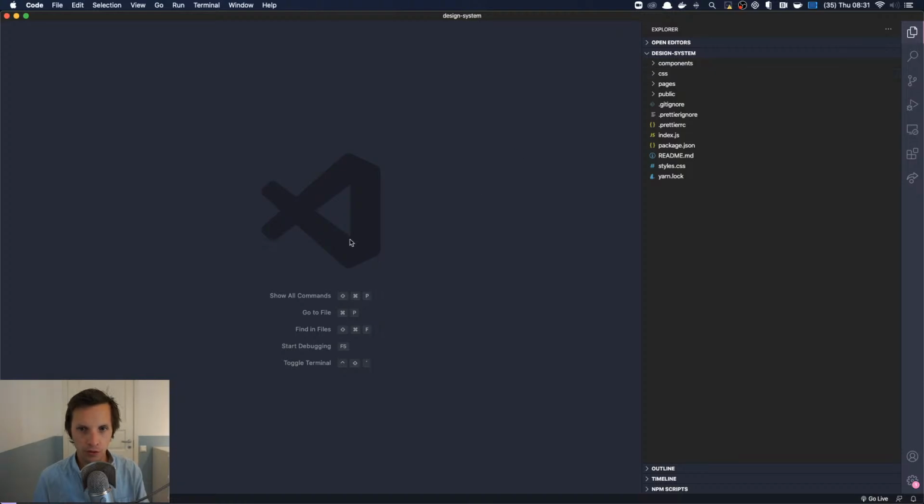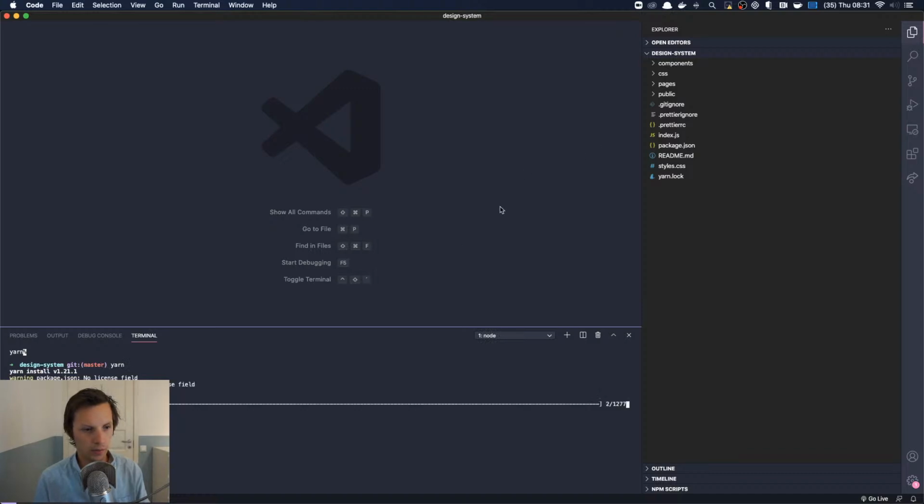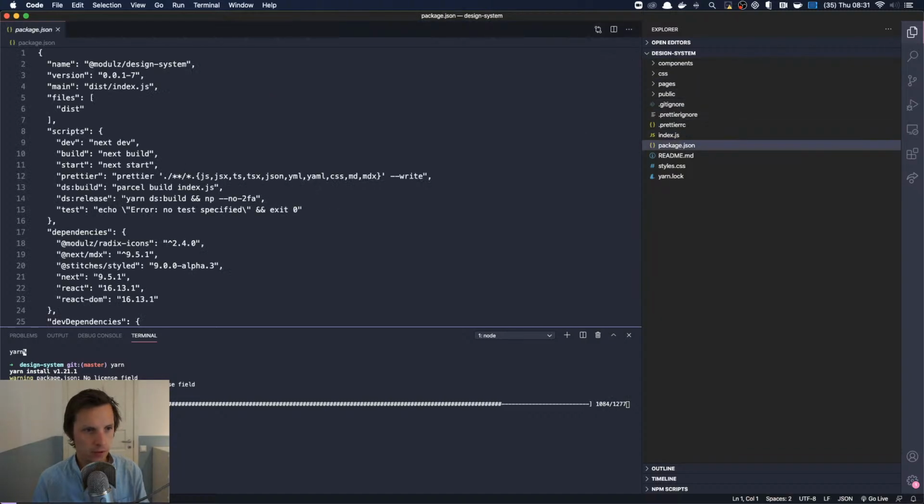But what we're going to do is, let me show you the issue here. So we have this project running on Stitches, which is going to be a library to consume Stitches components. But when we build it, it duplicates a lot of typing. I fixed most of it, but there's this last thing I want to fix, and I'm going to set this up so that you can see it.